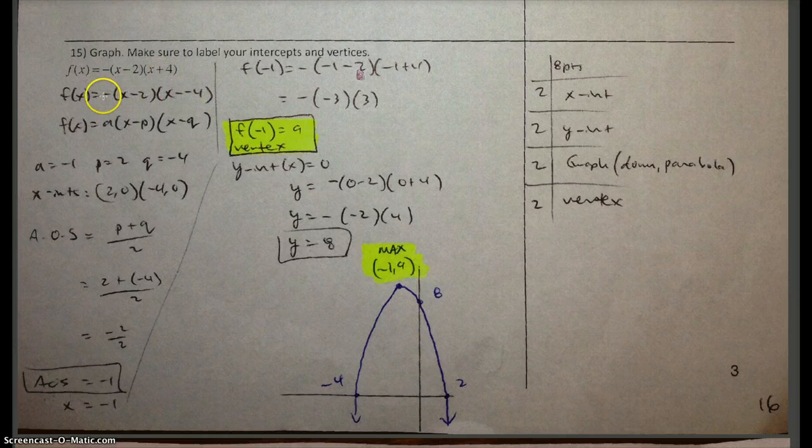Then I can identify that my a value is negative 1, your p value is just a positive 2, and your q is a negative 4. Your x-intercepts are (2, 0) and (negative 4, 0). From there, I'm going to use the axis of symmetry. The equation we use is (p plus q) over 2. P value is 2 and q value is negative 4, so I get negative 2 over 2, which means negative 1. Your axis of symmetry is negative 1, which I didn't really graph here, and that essentially just means,